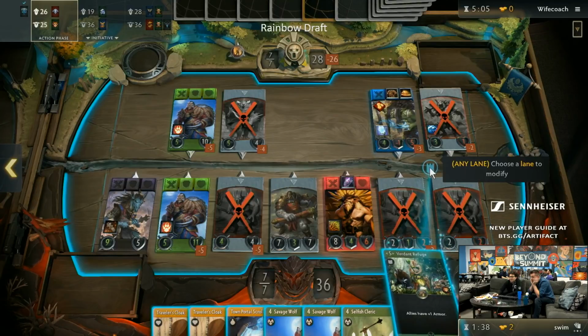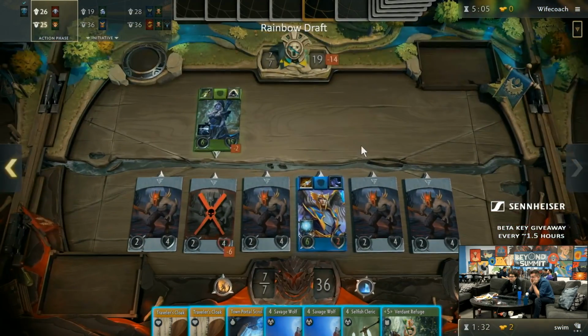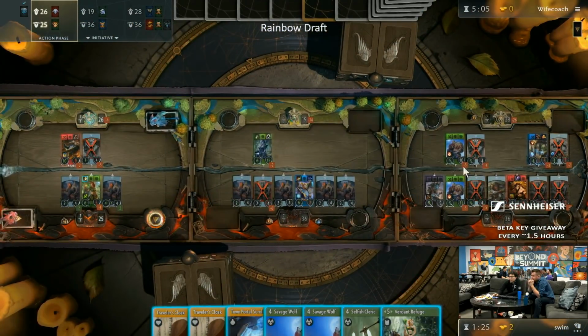I'm pretty sure I lost. It kind of doesn't end up changing the math on these. I think I needed to get my Kana. You don't want to start building a Savage Wolf. Put her right back where she needed to be. I needed her to just go back in this lane. In that case. How